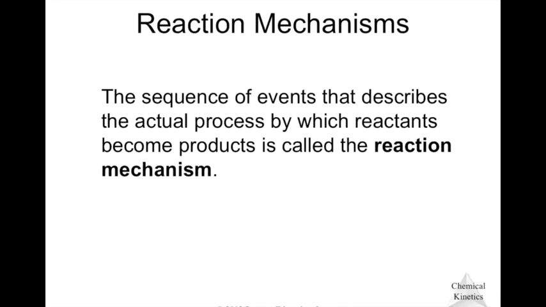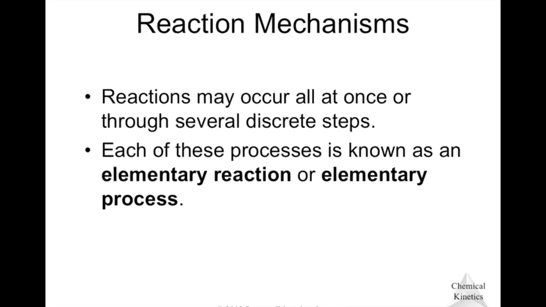Okay, moving on to reaction mechanisms. Reaction mechanisms is just what this says, the sequence that actually happens to produce the product. So you might have some intermediate processes that aren't actually shown in your overall equation. They might occur through several steps, or they might occur all at once. And if it does occur over multiple steps, each one is known as an elementary reaction or an elementary